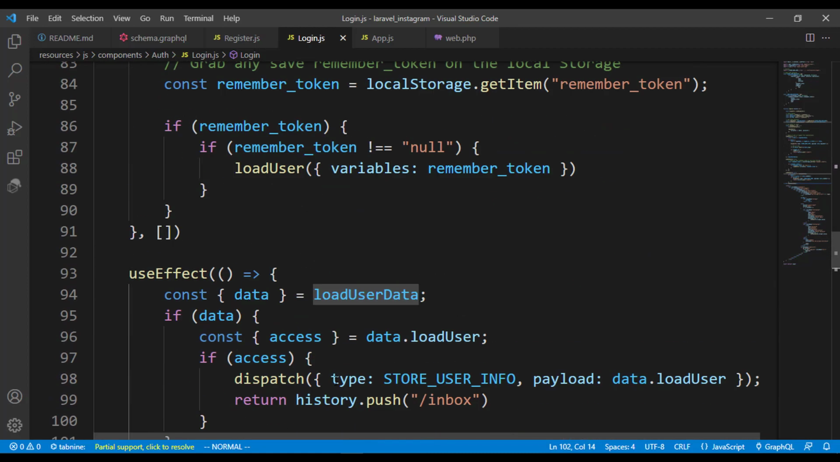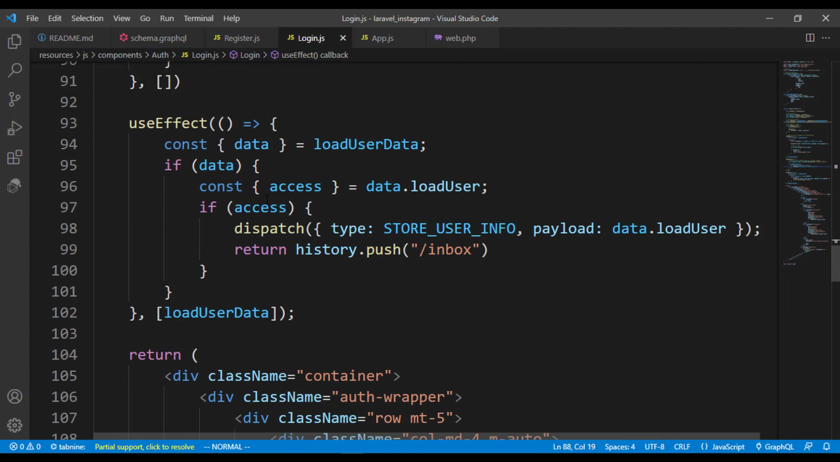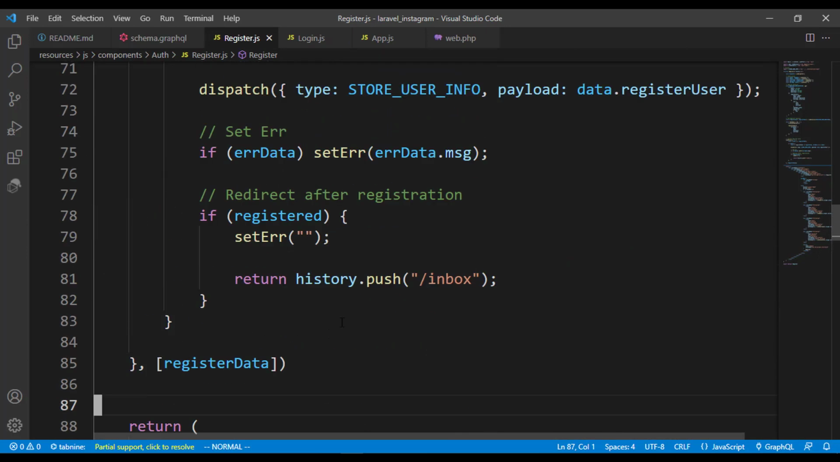That will eventually happen if the load user is triggered whenever we have a remember token from the local storage that is being found. Then we are going to bypass all these if statements, and then we just use the load user. Then if we get any response, it's going to return to the load user data, and we watch out for that, grab the data, and also check if we do have an access and redirect the user to the inbox. One more thing we have to do is to come over to the register components, and right here